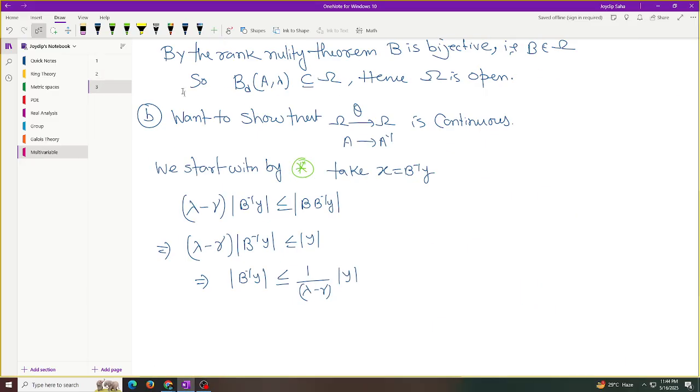So again using this line, we can write it, norm B inverse is less than equals to 1 by lambda minus gamma. Okay,